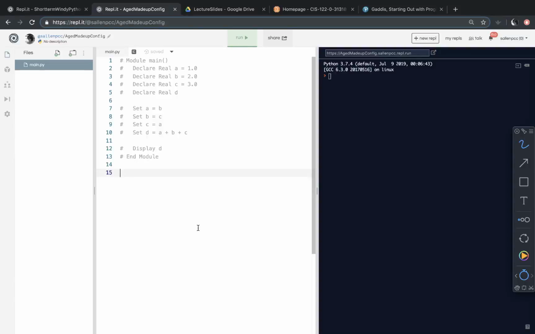Let's walk through one of the problems that was on the exam using hand tracing. So hand tracing is a super important skill that you need to practice in order to do well on the exams. So you can see we have a function called main,